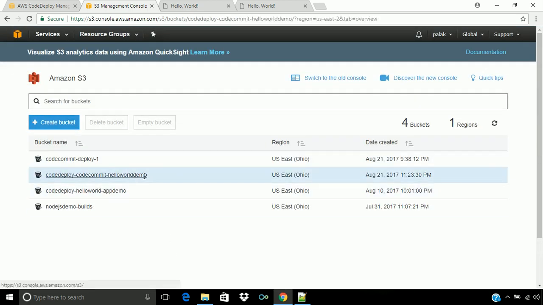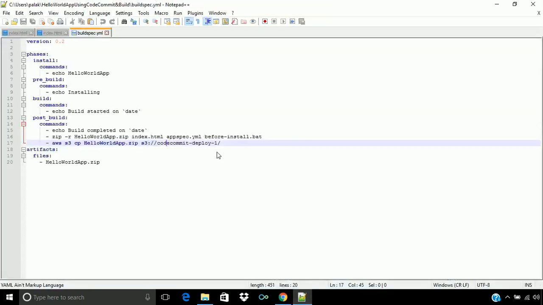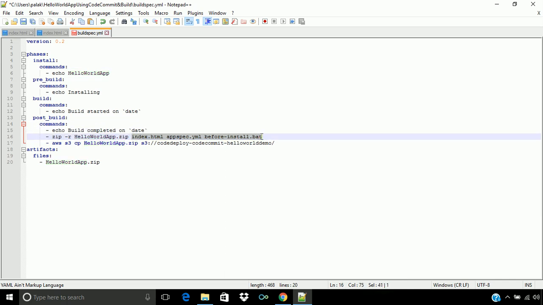And then let's copy this bucket name and paste it in our buildspec.yml file. So it will make the zip file helloworld app.zip, which will contain these three files, and then it will copy this hello world app.zip to this location.